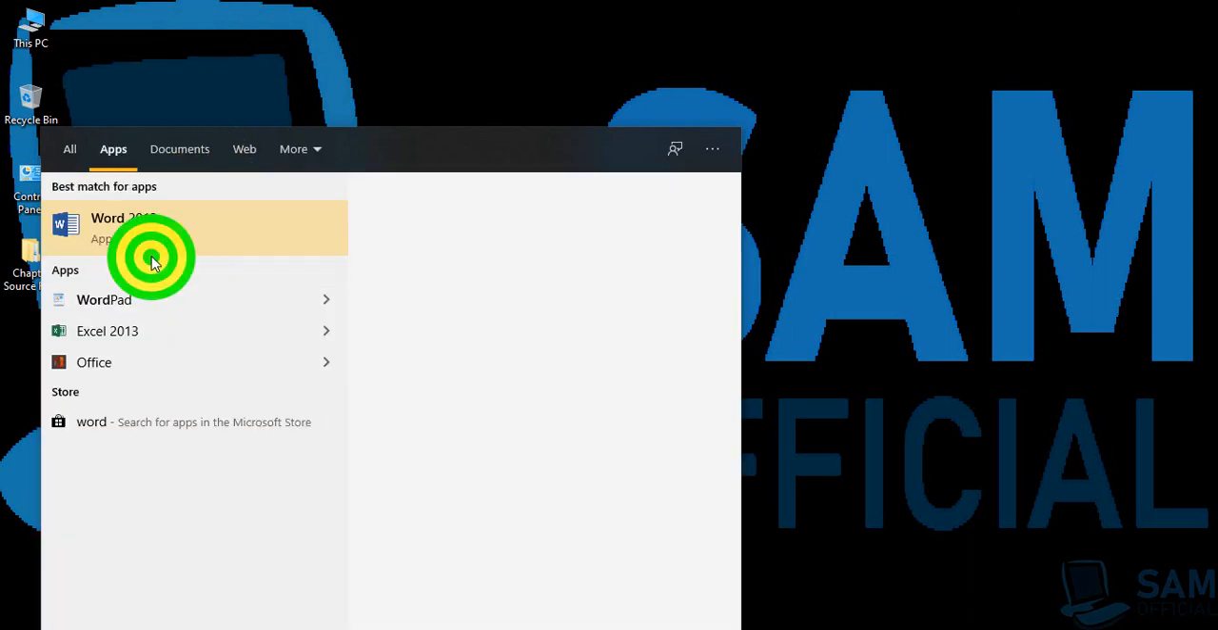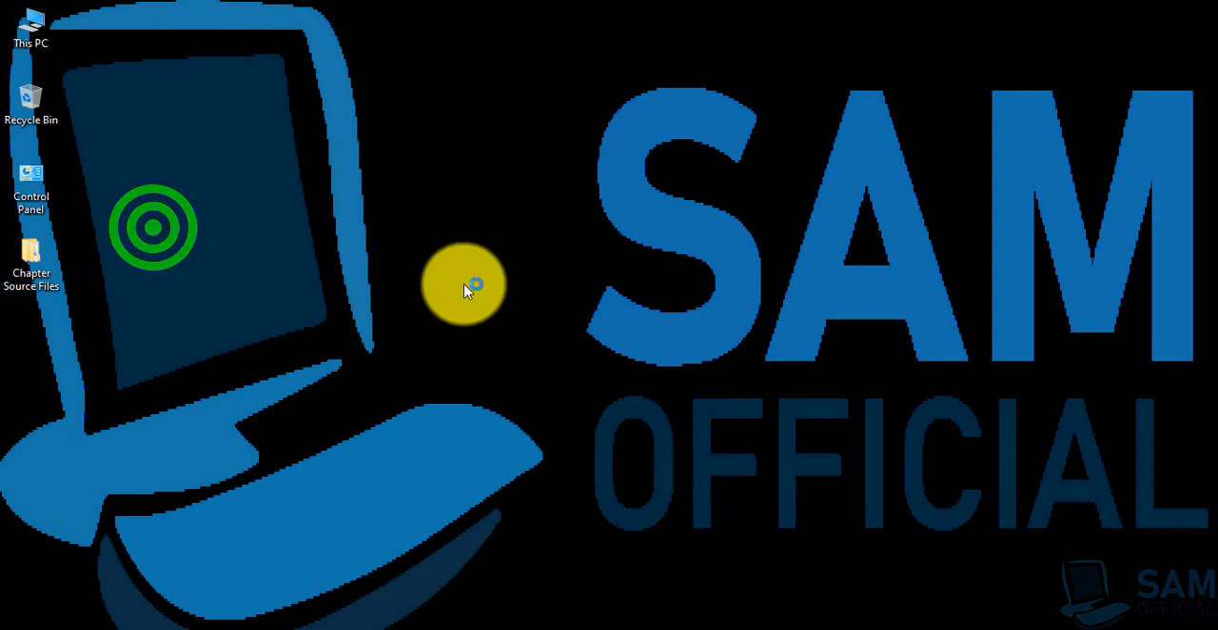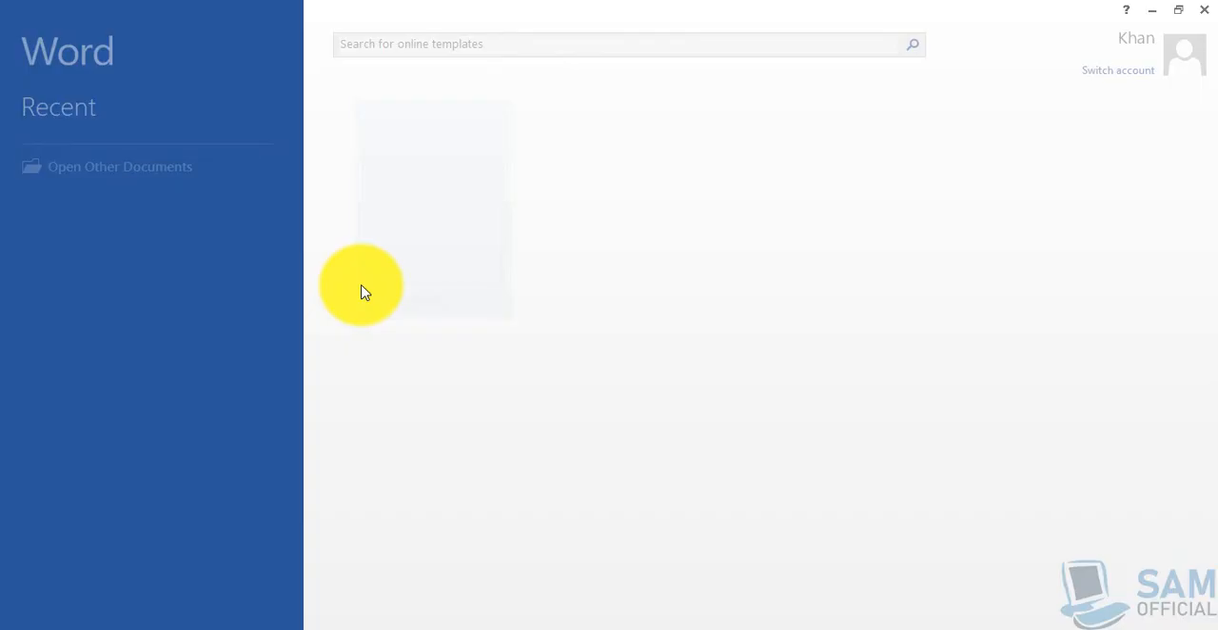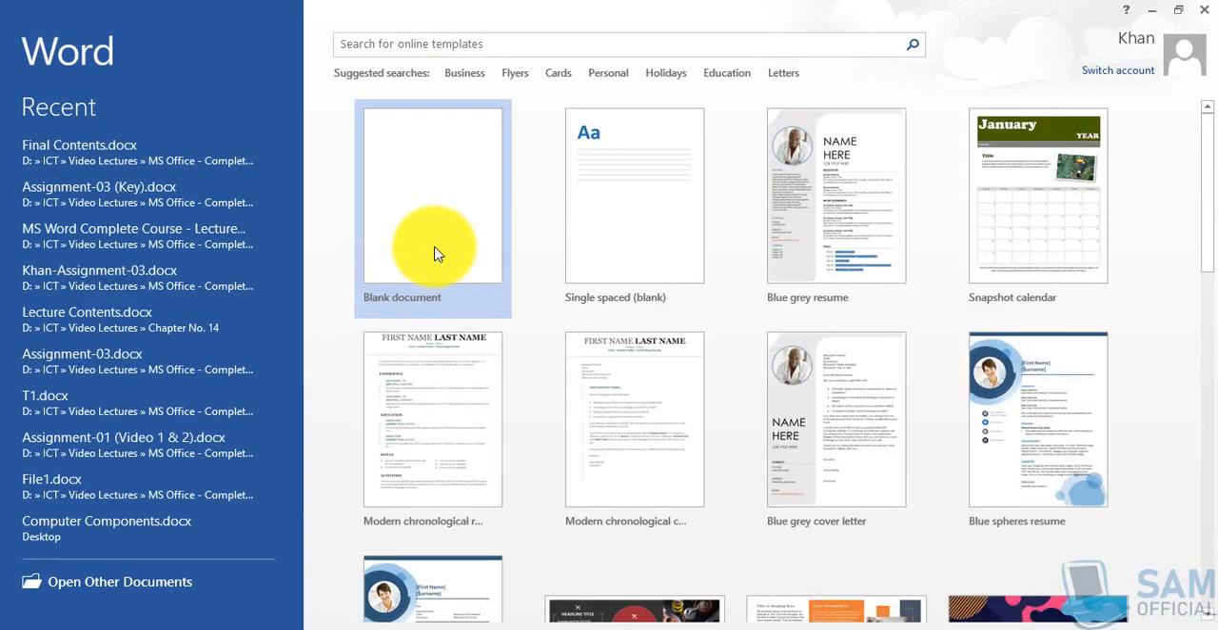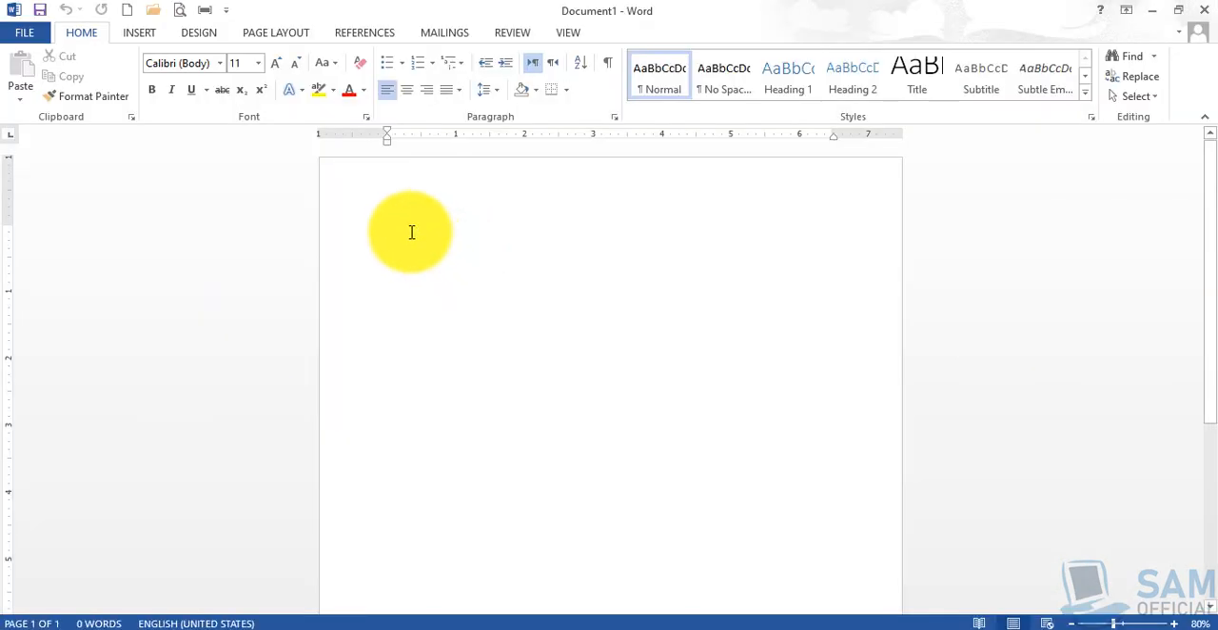Once Word is launched, open a new or blank document in Microsoft Word. Because the Home tab is almost done, the groups or sections, and inside the groups or sections, the required options for a beginner, for a newbie, are